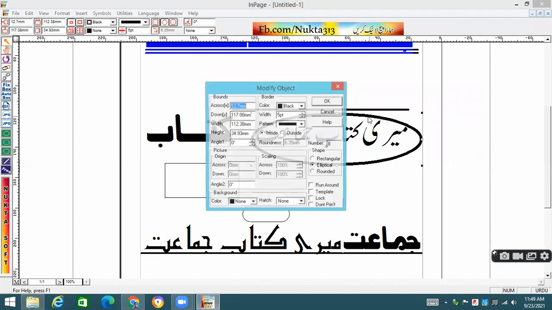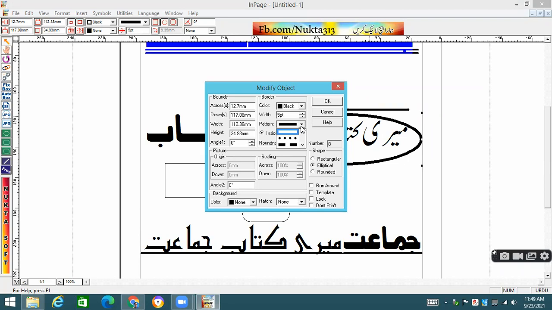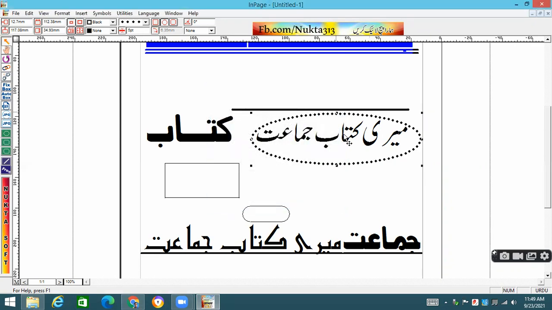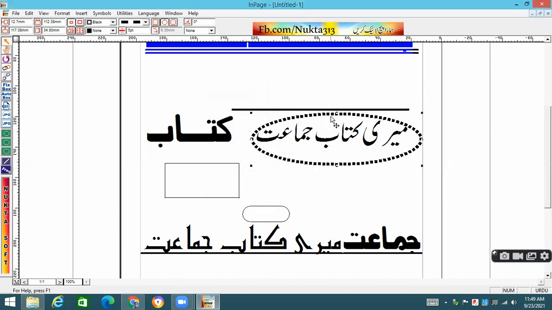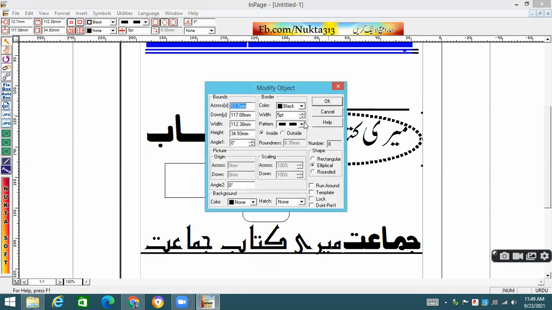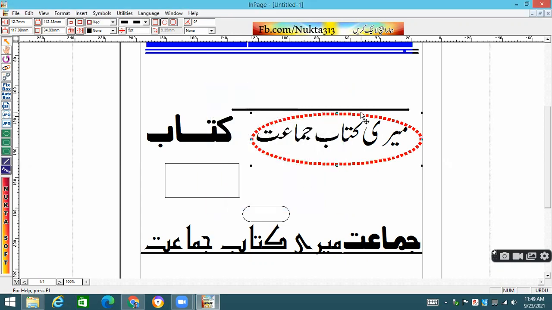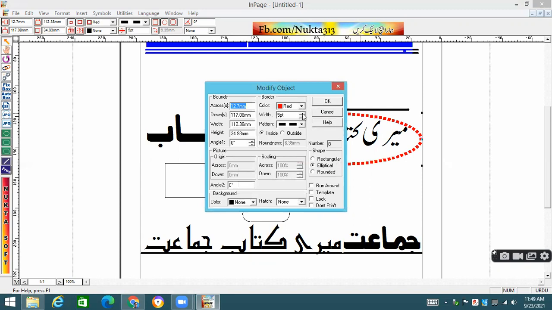You can see that the thickness is now 5 points. The pattern is a full line right now. Okay, so I can take a dotted line as well. A dotted line could be applied. I can take a dashed line, it could be applied. It depends. If I want a full line, I can apply a full line. Okay, a dotted line with red color, I can take red color over here.